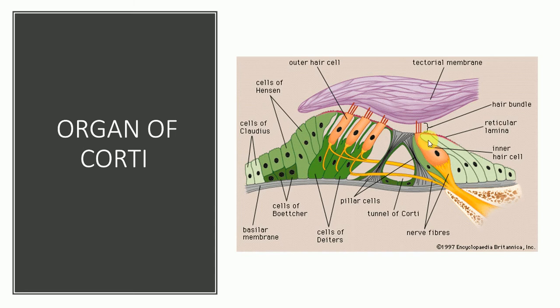Now, what are the functions of these hair cells and how do they work? We are going to discuss that. But firstly, you should know that the inner hair cells are mostly involved in the perception of sound. About 95% of the nerve fibers come to the inner hair cells. These nerve fibers are coming from the spiral ganglion in the modiolus. The spiral ganglion sends the peripheral processes, about 95%, to the inner hair cells, and its central processes go to the central nervous system.